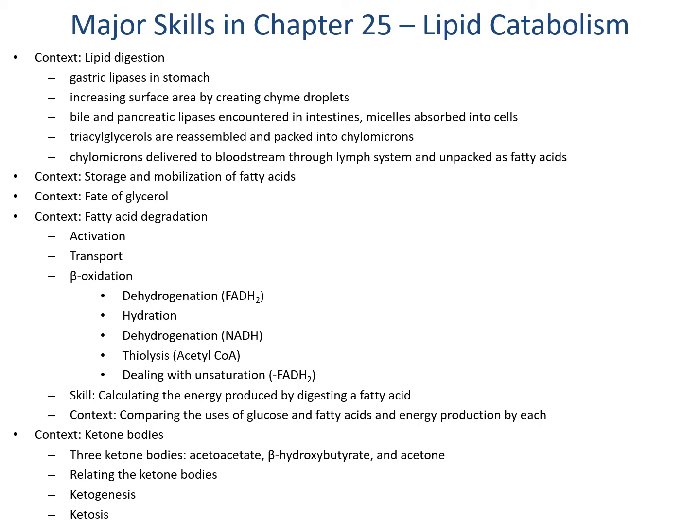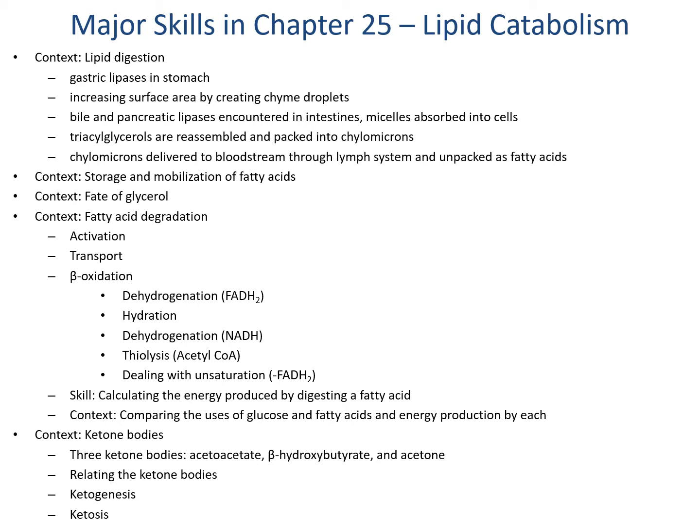Chapter 23, we talked about how acetyl CoA, formed from each of our major biomolecules, is metabolized for energy in the citric acid cycle and the electron transport chain. In Chapter 24, we talked about how carbohydrates are taken into the body and can be used to supply energy through central metabolism or through fermentation in anaerobic conditions.